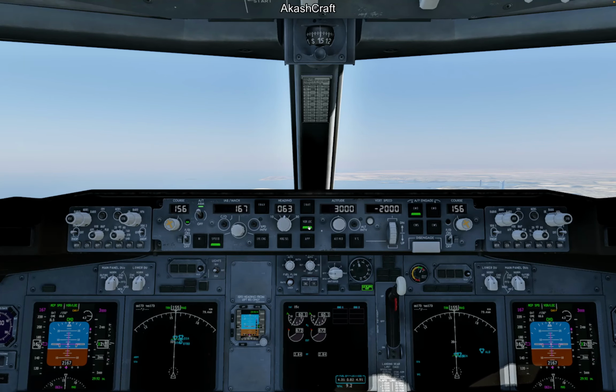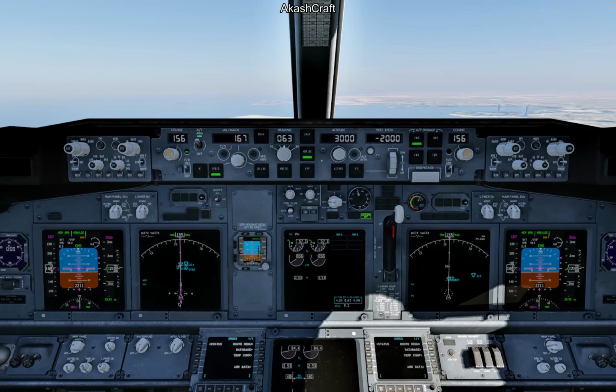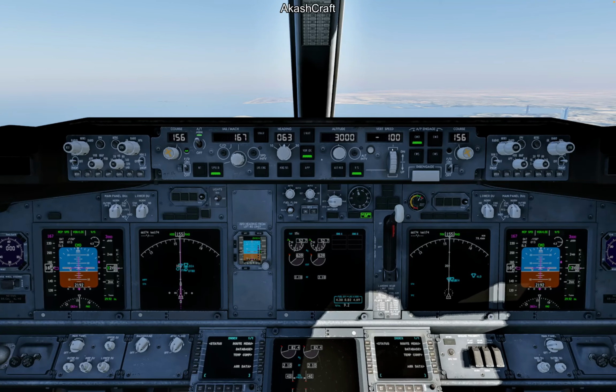In this mode, you can use the VOR navigation display. You can see we are perfectly aligned. Let the aircraft take care of your lateral component, but the vertical component, you have to take care of that. Either you can set a vertical speed right here,